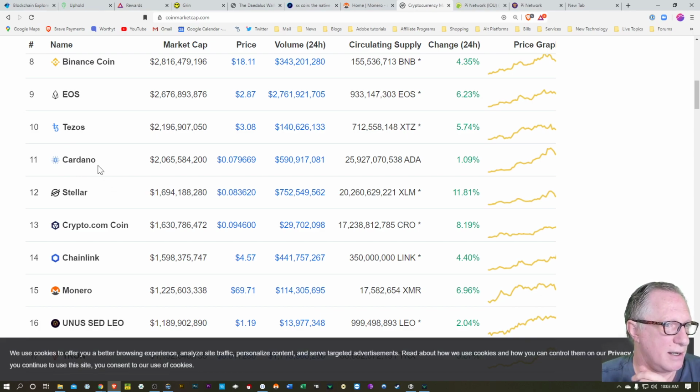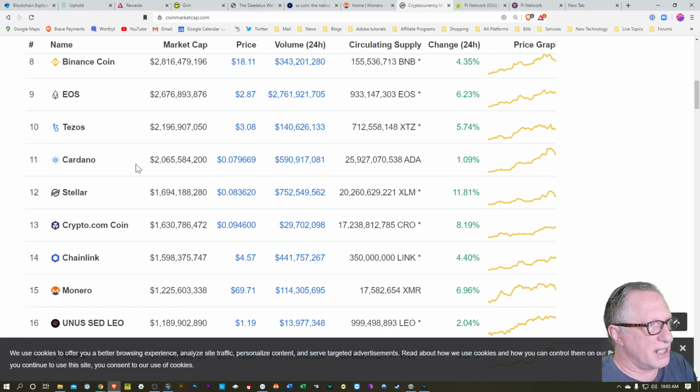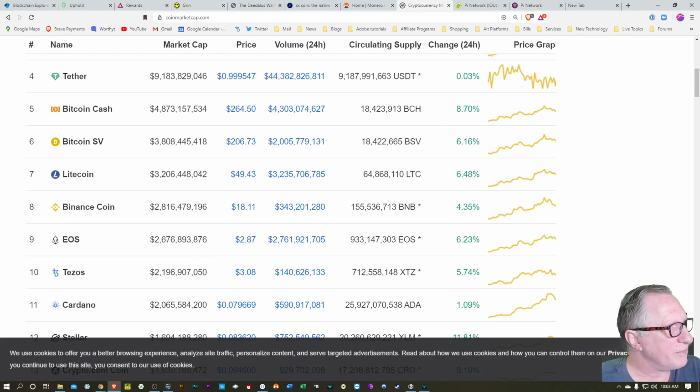But there's not much functionality in it at the moment. It's there, but it hasn't really taken off yet. It will, hopefully, for them. I hope someday. Price has been on the rise the last week, but then again, so is everything, right?